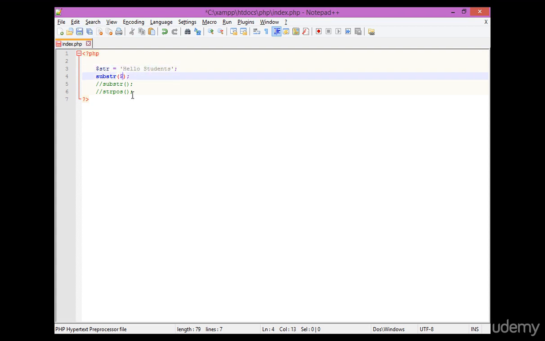So let's type $str inside the substr function and add a comma, then a 0. Zero means I want to start reading from the first character. I'm allowing the substr function to read the $str from character 0. And for how many characters I want, I add a comma and tell it only 5 characters, because if I